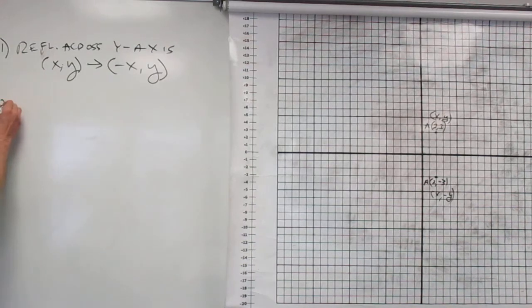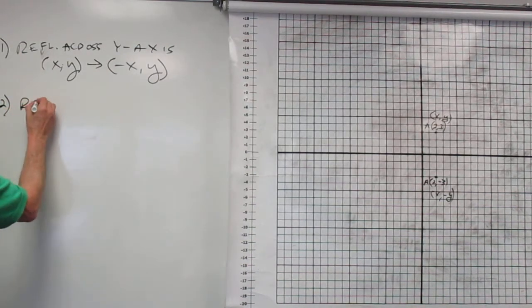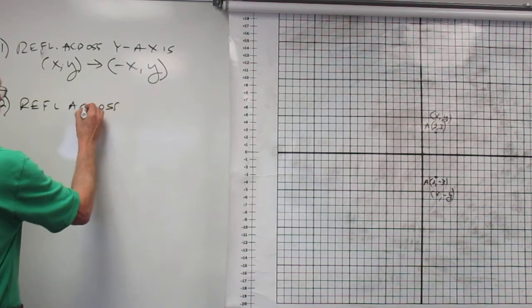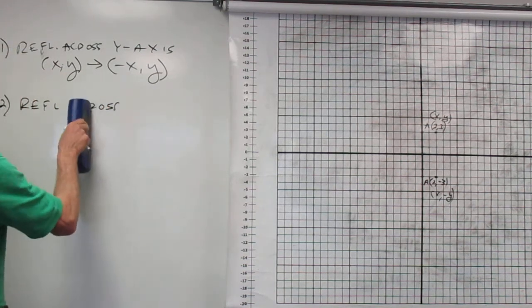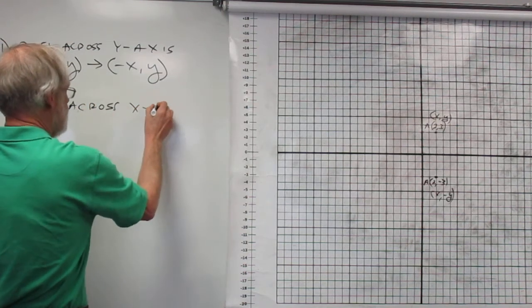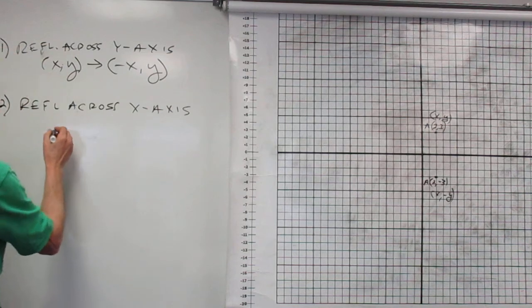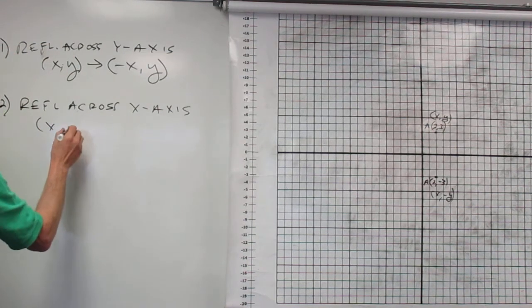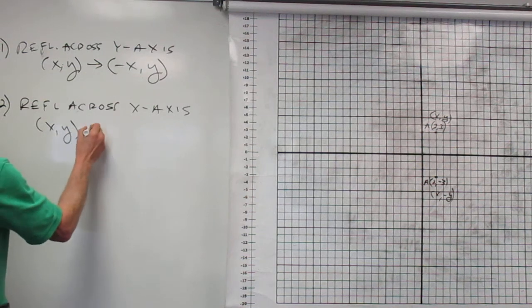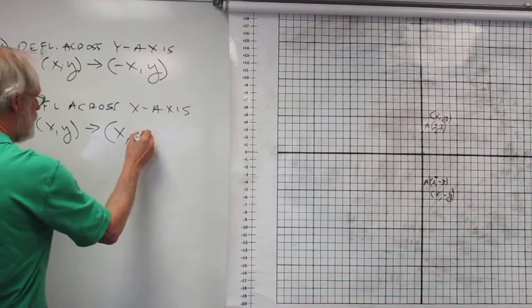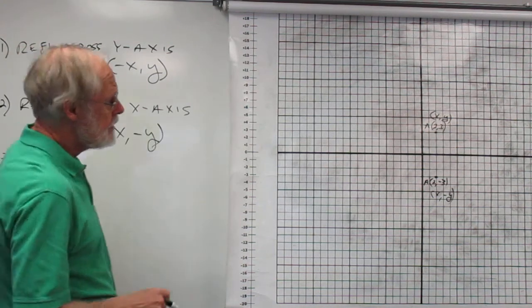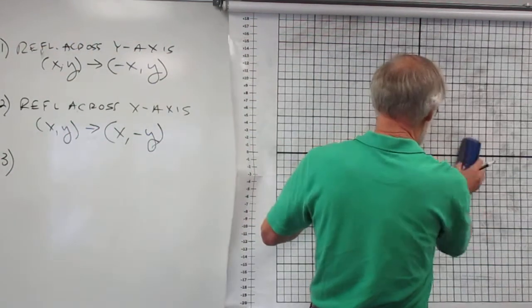All right, so number 2 is a reflection across the x-axis, and that takes x, comma, y to x, opposite y. All right? The next one we're going to look at, I'm going to take this point away for the time being,